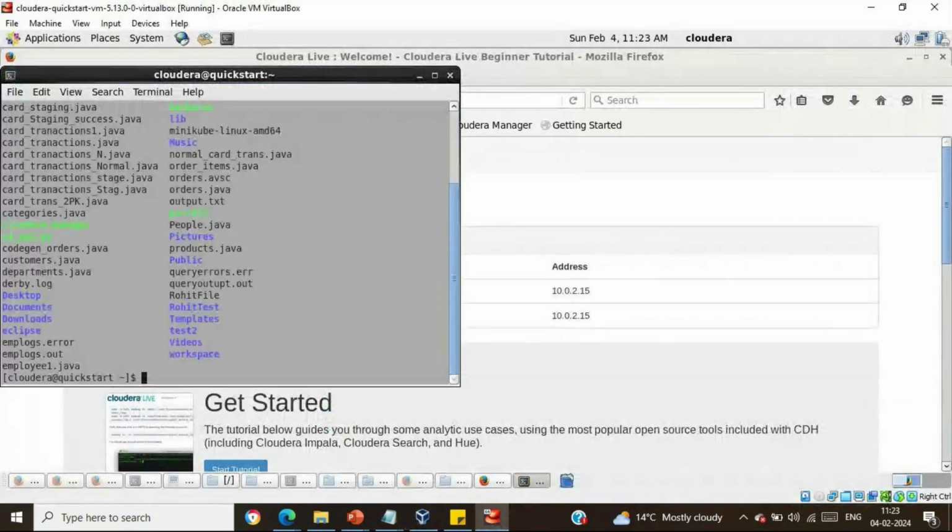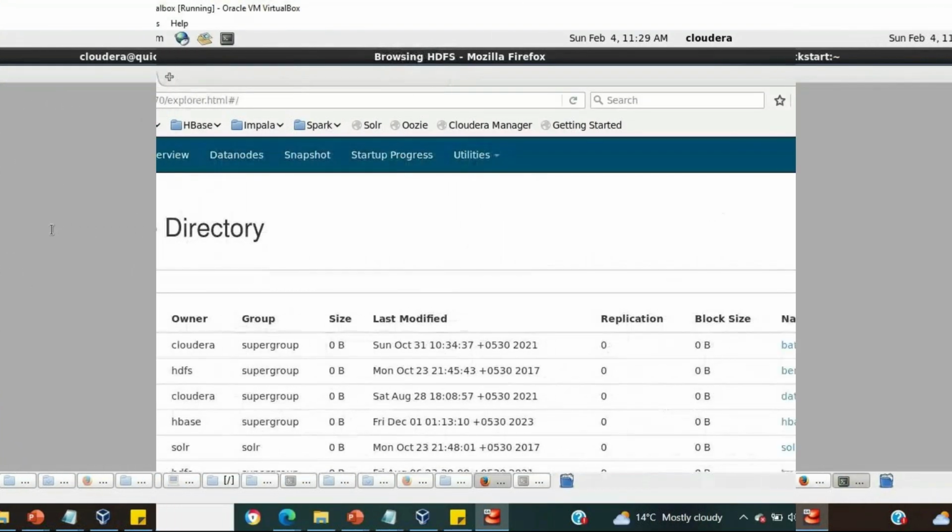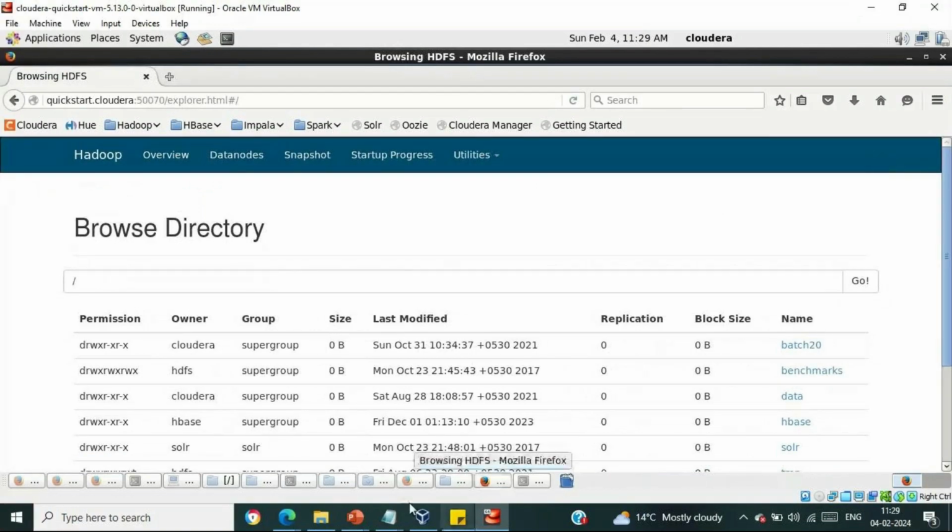See, ls. It is going to list. ls is a command from Linux. So what I have mentioned, we are having